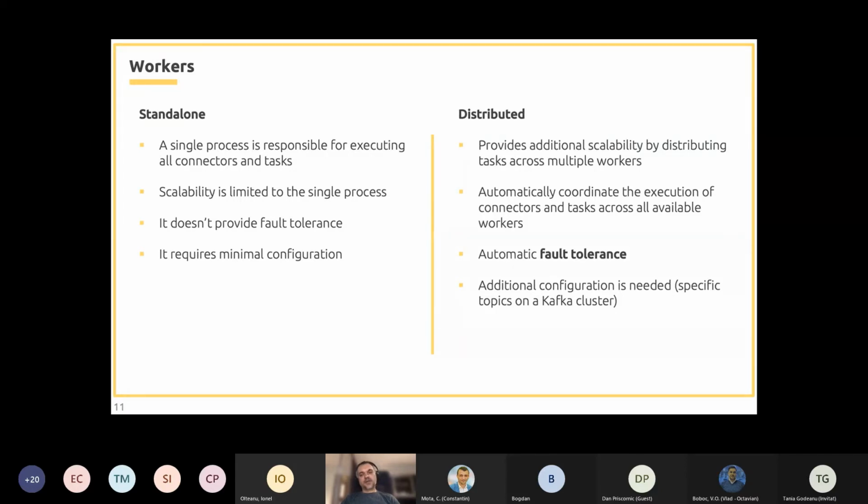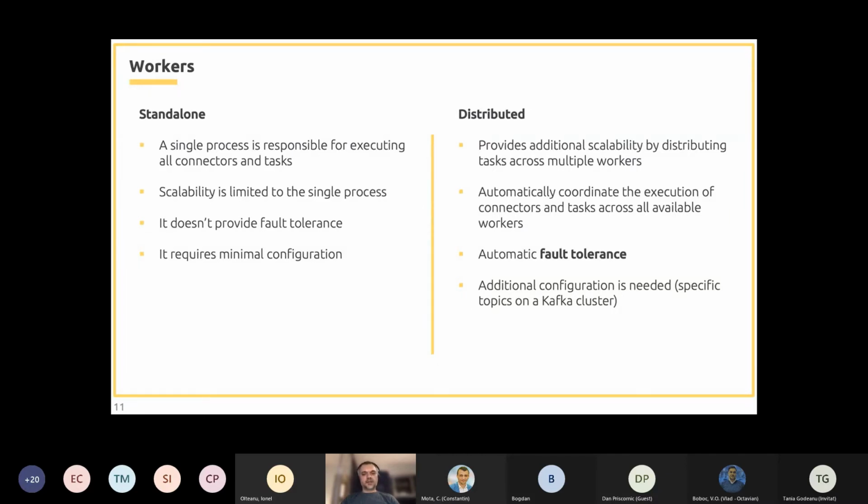Each worker configuration is stored just like in the standalone mode, in local files, but the difference is that now we have multiple workers and all of them need to communicate with each other. And this is achieved by using three Kafka topics.